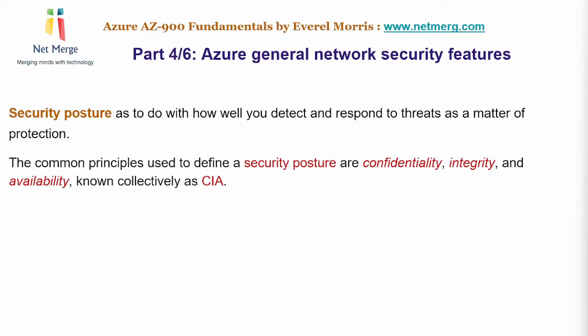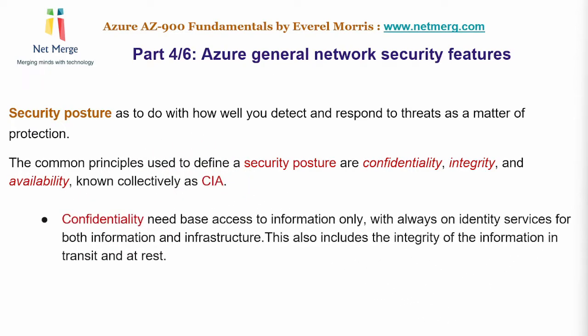Now we look at the common principle used to define security posture, and it's referred to as CIA: confidentiality, integrity, and availability. Confidentiality is actually need-based access. So you're only giving access to something if you need it. If you don't work in accounting, you should not be on the accounting network or the accounting system. That is an example of